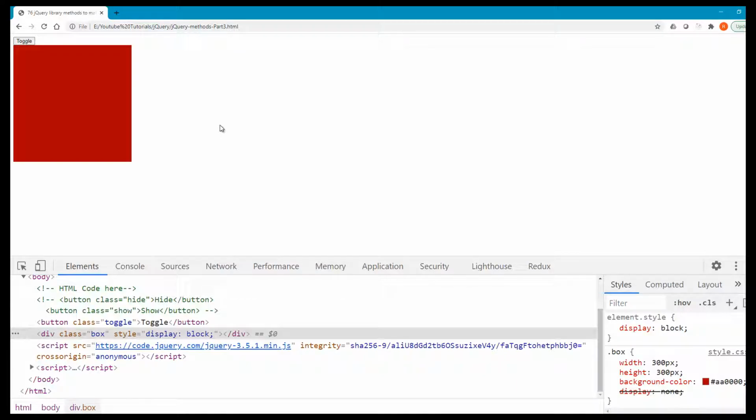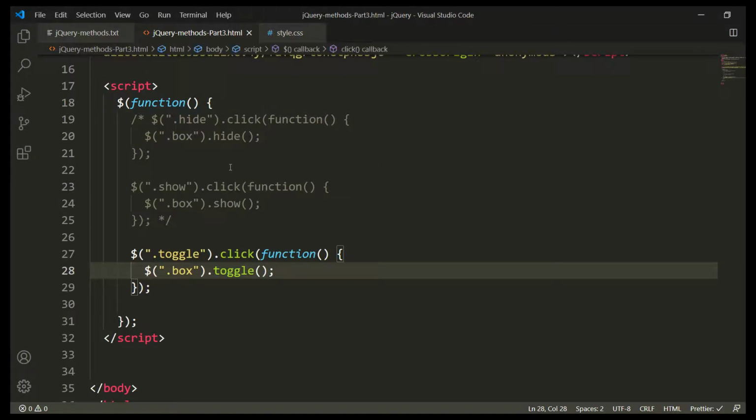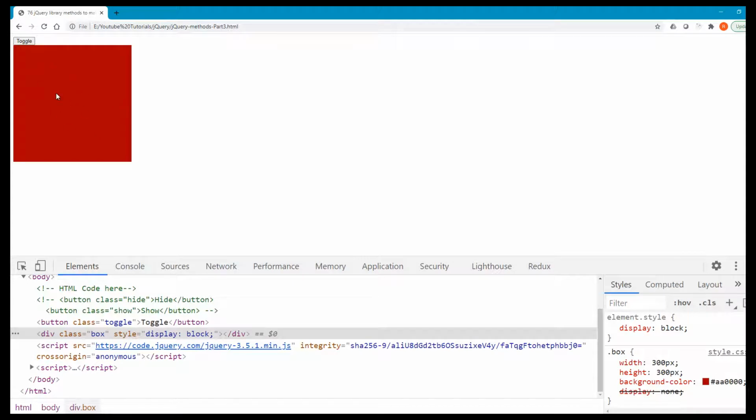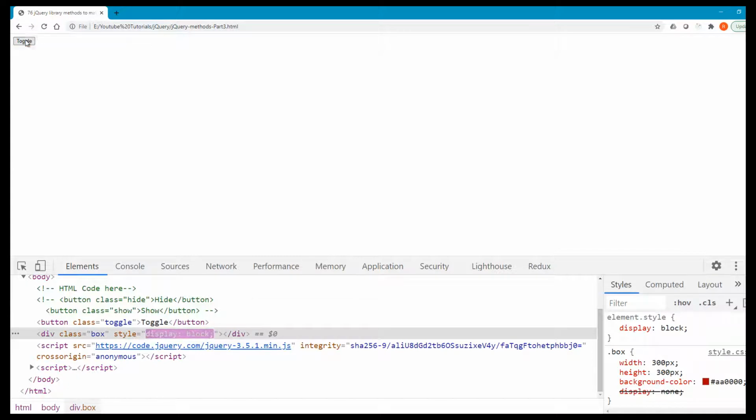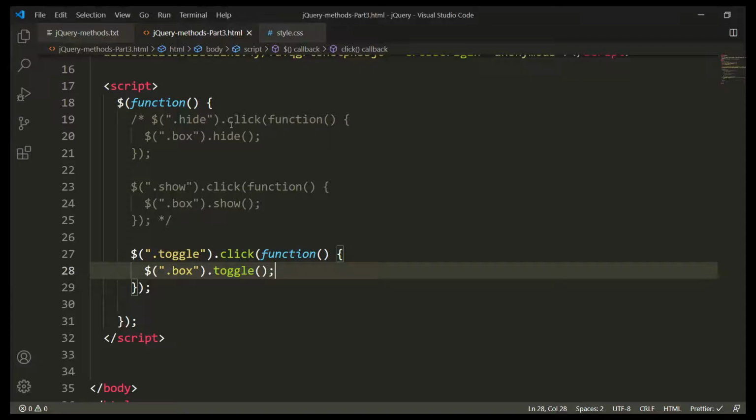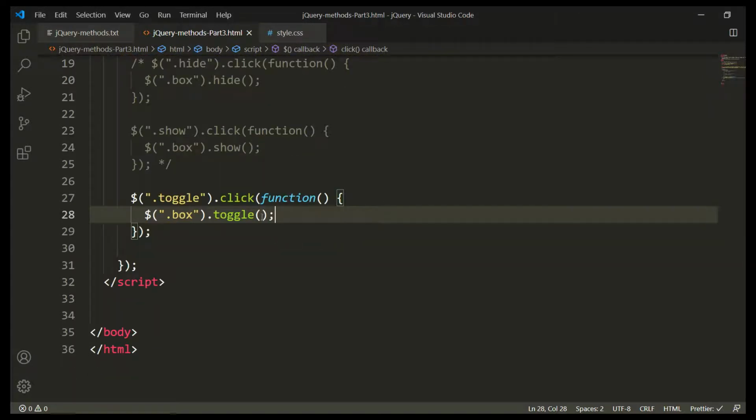Fine, great. There's one more thing. Let's say I want to show and hide this div tag using toggle with an animation. I want to animate this div tag to show and hide, not like switching on and off in one instant. So we can also add animation to the toggle. In the toggle method, I can use toggle slow, so I want to toggle the box element, but I want to do that slowly. jQuery provides us the strings slow and fast, so you can directly write slow or fast in English.